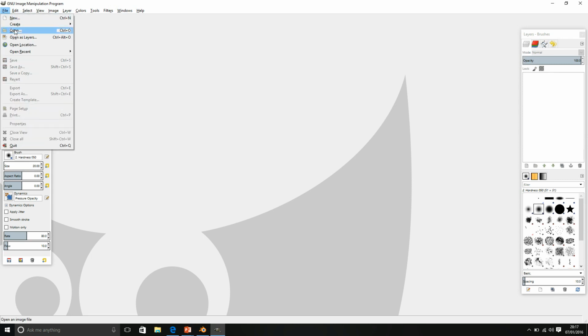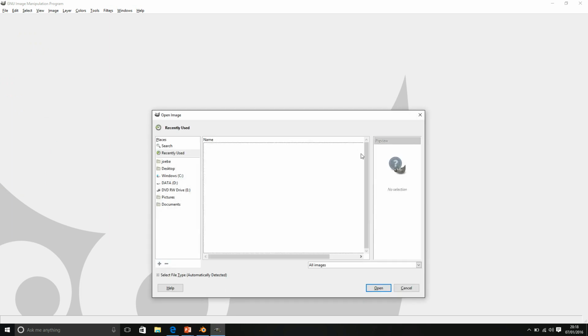We can just open our file. The better way to do this when you're importing UV layouts is, instead of just opening, you should open as layers. This gives you the opportunity to edit different parts of the mesh one on top of another to create more detailed textures. So I'm going to left click, open as layers,